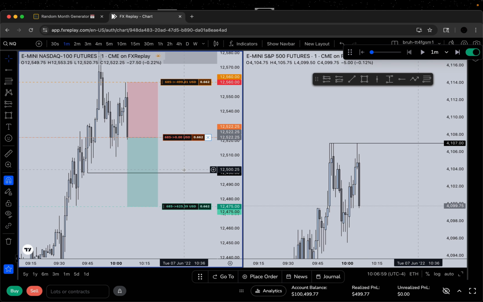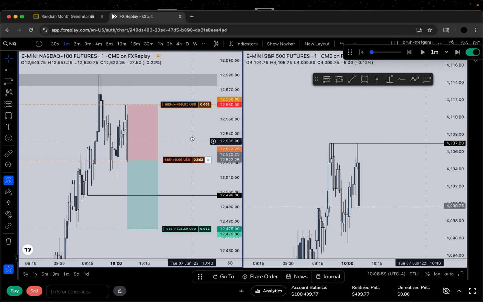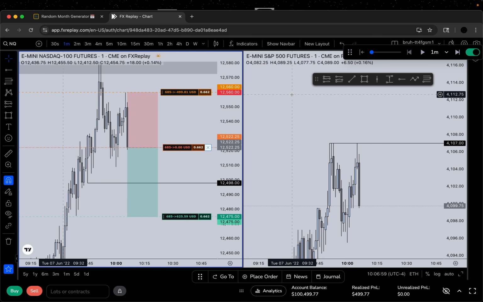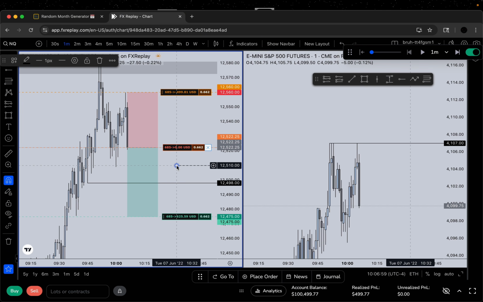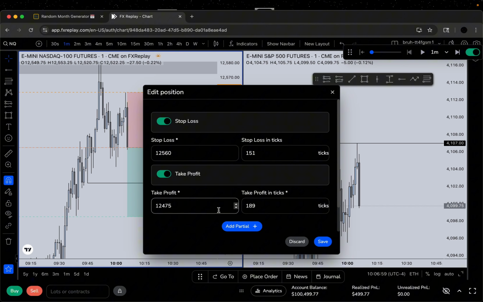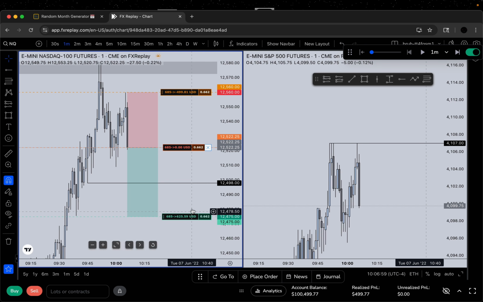I still like the trade, but if this loses, it's 100% because this wasn't an SMT, and then maybe we get a stop hunt or something, and then I'll go break even at this low. I don't want to do anything stupid here. Actually, nah, we'll hold it at 498. All right, let's see it.